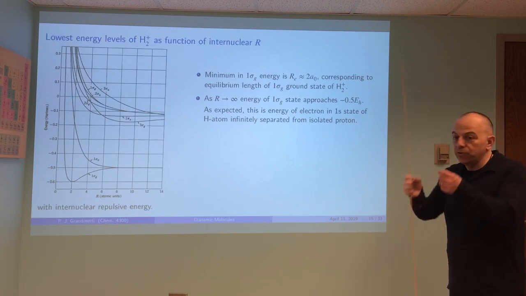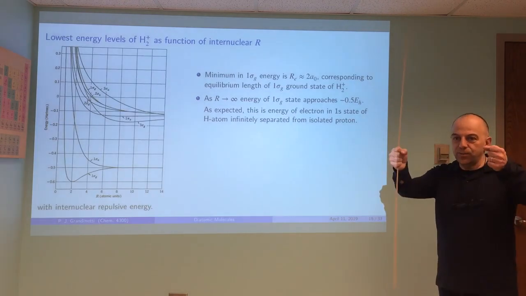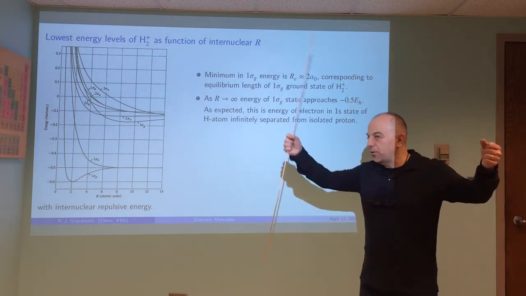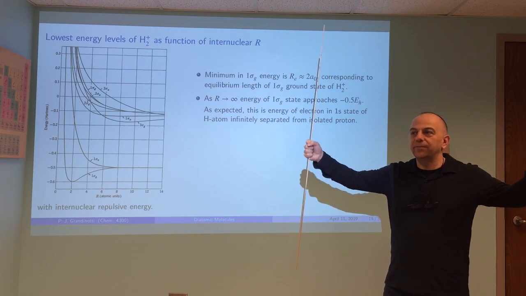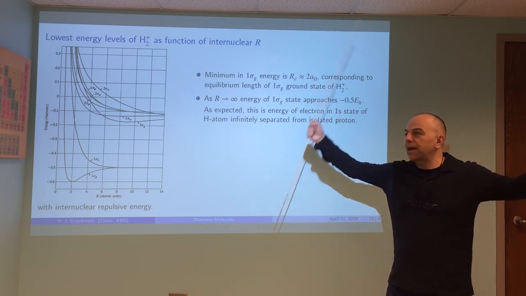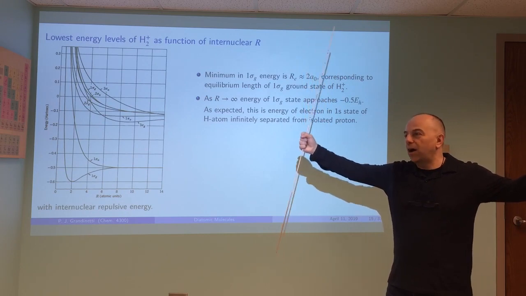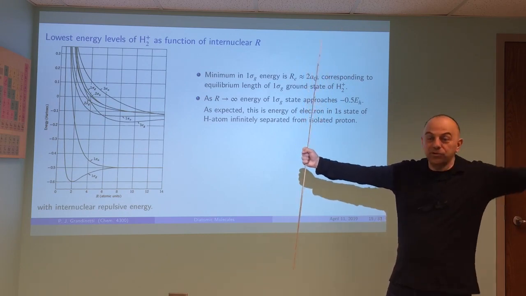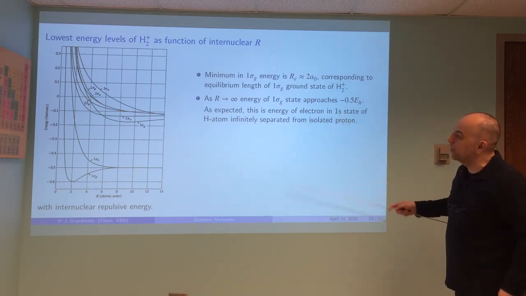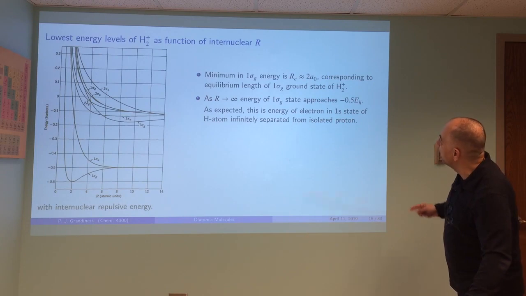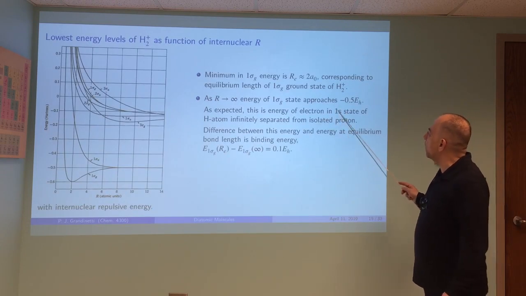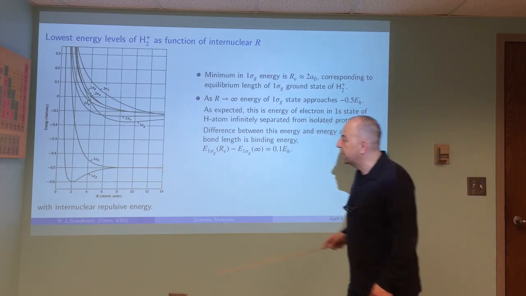Because if you had one electron and 2 protons, and you pulled them apart, then the electron will be orbiting one of those protons, and so you're going to have the energy of an isolated hydrogen atom and then a proton. And so what we see is that this is going towards the energy of an isolated hydrogen atom and a proton. If you go back and look at the energy of an isolated hydrogen atom, a 1s state, it's an energy of minus 1/2